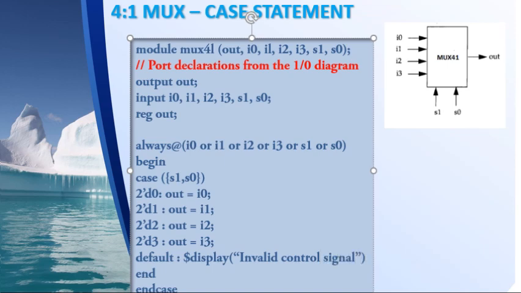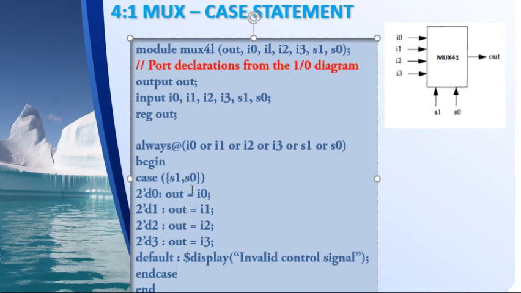Now you may think, this is an end case, right? You may think that we have covered all possible values with the two select lines. That is, with the 2 bits you can have 0 0, 0 1, 1 0 and 1 1. The decimal equivalents of them are 0, 1, 2, 3 respectively. Now you may think, for what value of S1 and S0 will it come to the default block?